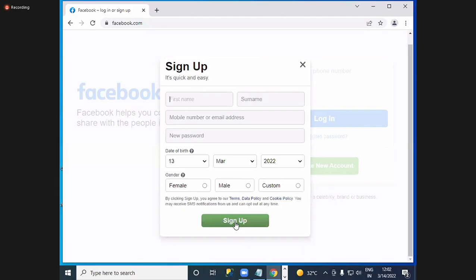I enter my details and click on sign up. The sign up request will go to my web server. The web server will check your request, yes or no, whatever it is. But there is data now. I'm sending some data through this form. Where will this data go? Database.